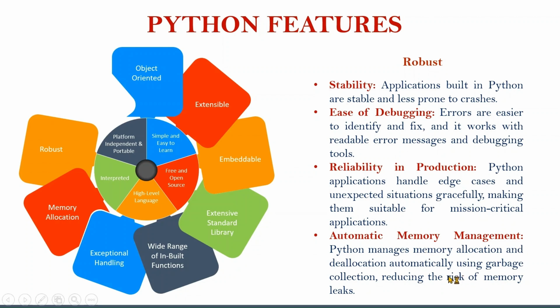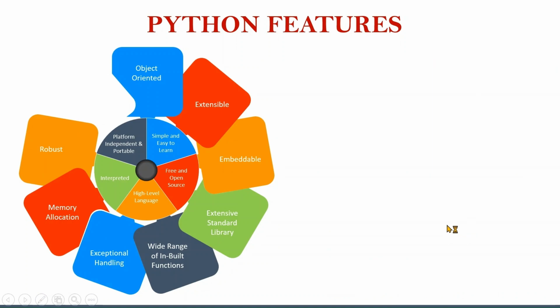Then automatic memory management. We have already seen that memory allocation and deallocation is done by the garbage collection process, which tries to avoid memory leakages. So here the application, Python, takes care of the garbage collection, memory allocation, and deallocation. So there is no need to worry about memory leakages. Now coming to the next feature,